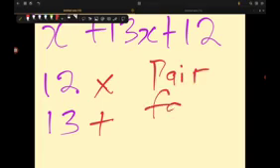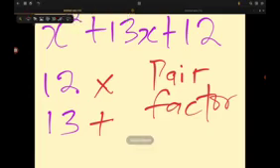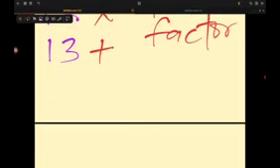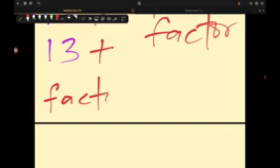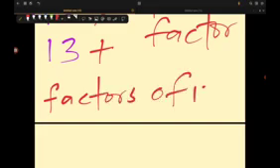Pair factor. What is factor? If I want to find the factors of 12, any factor of 12 is a number that can divide 12 without any remainder. You need to know that. In mathematics, a factor is a number that can divide another number without any remainder. Factors of 12 are, if I want to quickly list them,